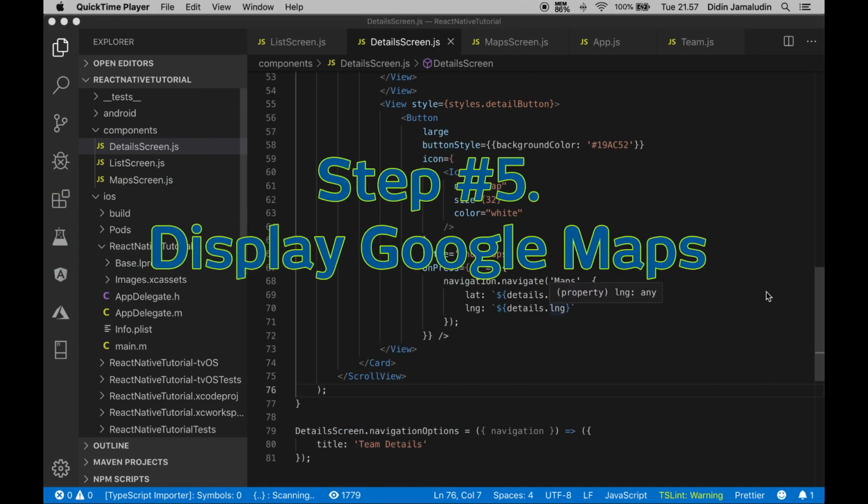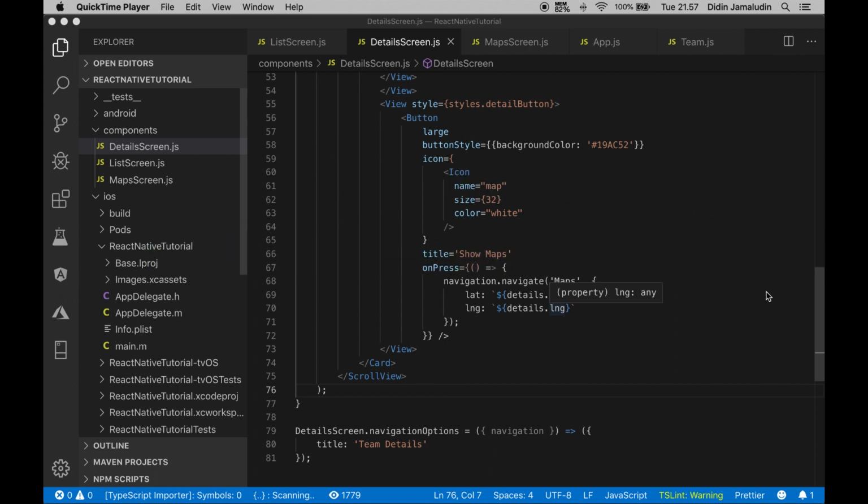Step number 5. Display Google Maps. This step is a little bit complex because it involves the native iOS and Android configuration. We will use the React Native Maps modules for this tutorial. For that, install that modules first by typing this command: